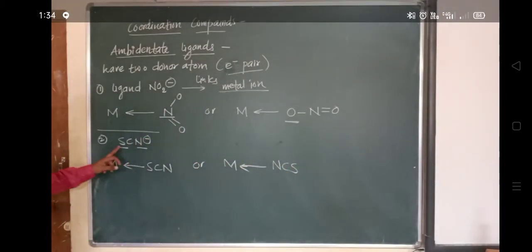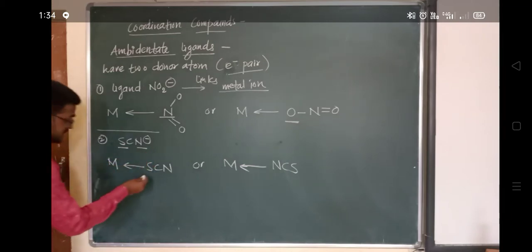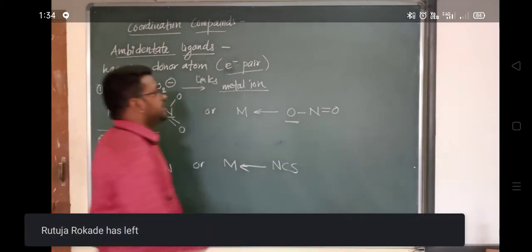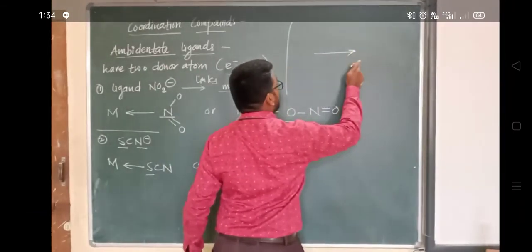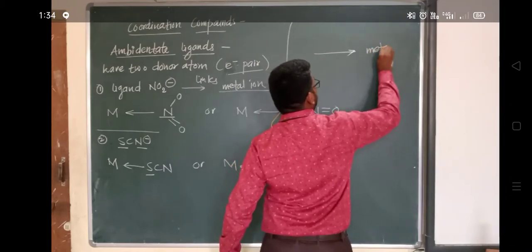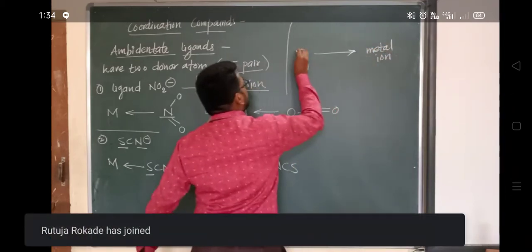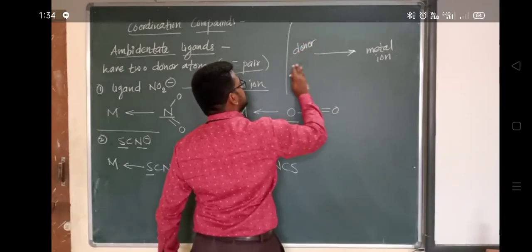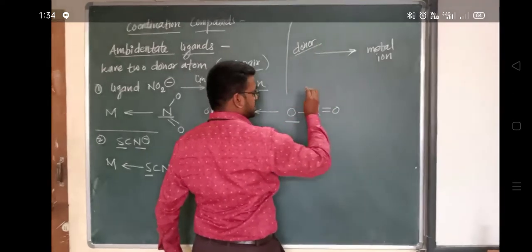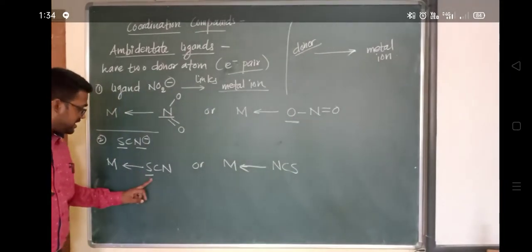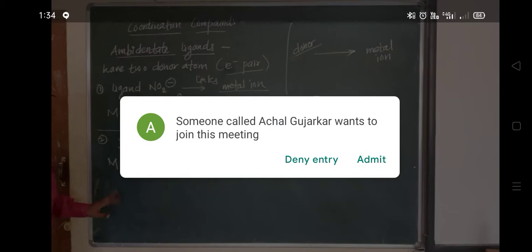Now have a look at this. SCN minus is one ligand. In this case, what has happened? This sulfur is donating its electron pair, because we have already seen the representation: this is the arrow. The head will point towards the metal ion generally, which is accepting, and this one is the donor ligand, and this one is the donor atom. The tail is pointing towards the donor atom, and the head is pointing towards the metal ion. So in this way,